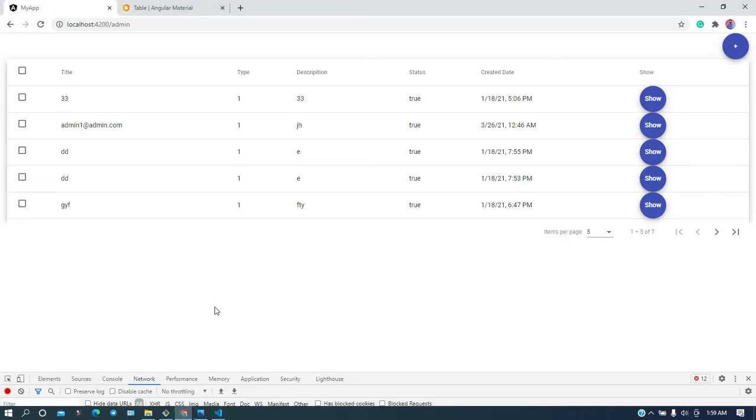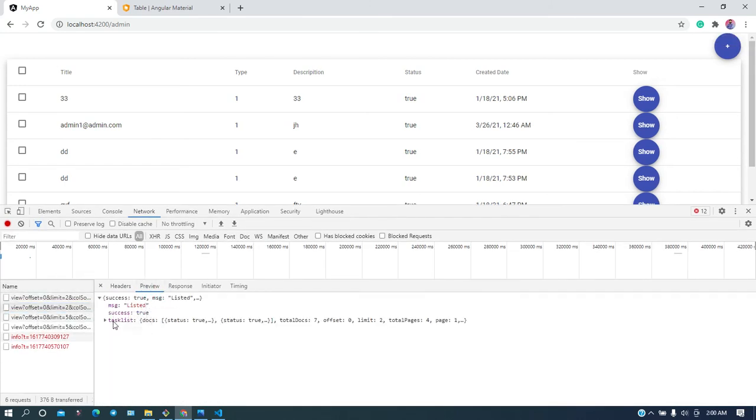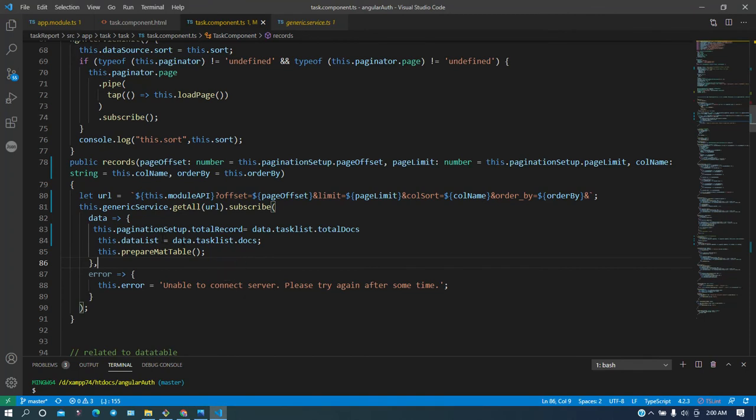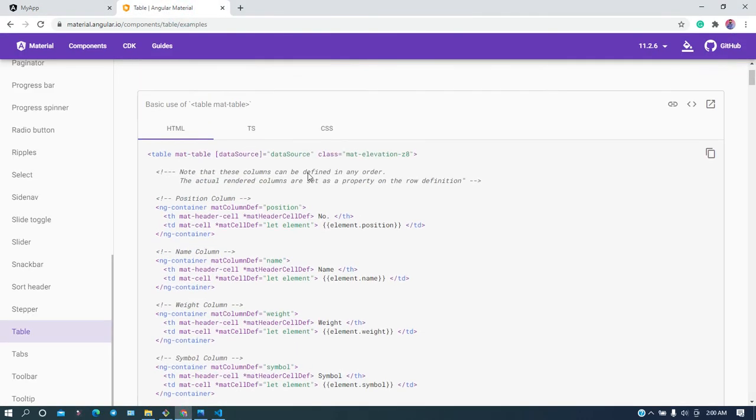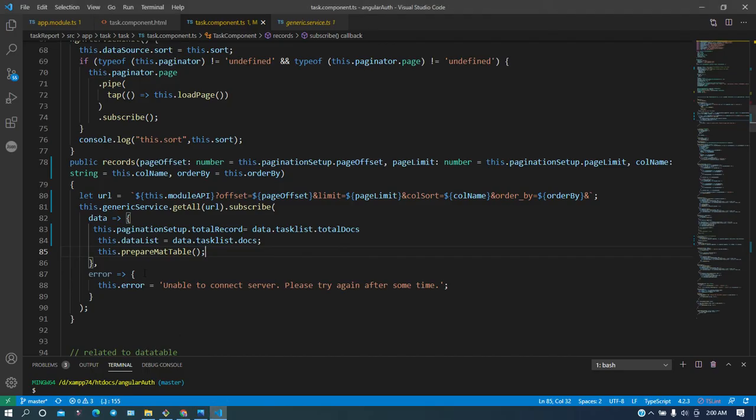So if you look at the source, then how do you get it? You get a response. In the task list you got a doc. In the doc basically data is available, right? So the same thing you have to do in the data, because of this variable taskList.doc. So you have stored that data in a data list, but remember you have still not done this. Still you have not assigned the value to the data source. This is just a variable.